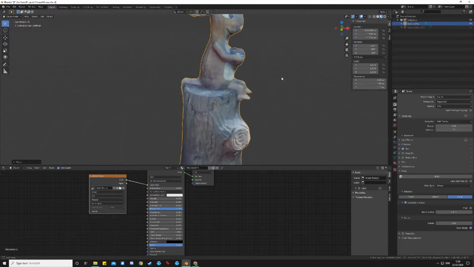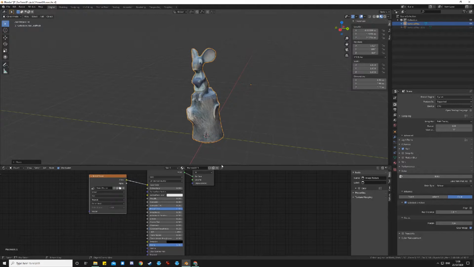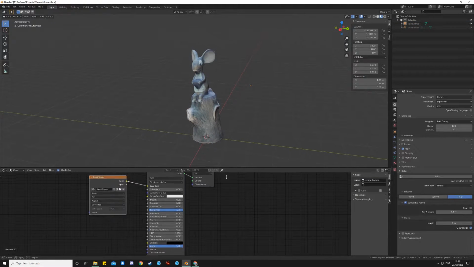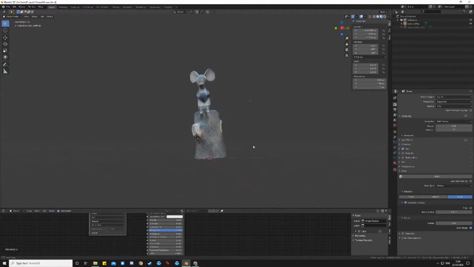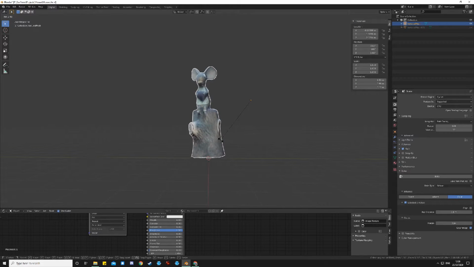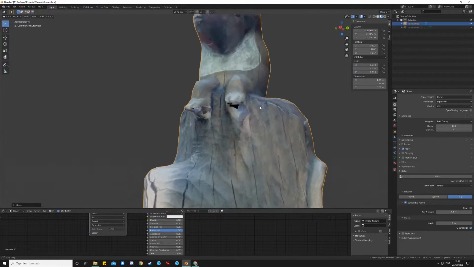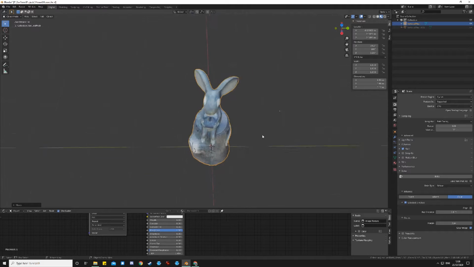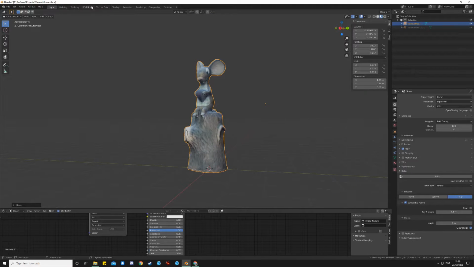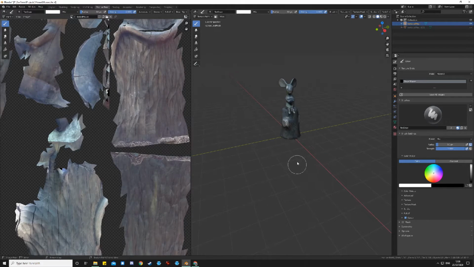That just means that I know that my camera is now focused on the middle of the object, and just makes it a lot easier to work on, especially when I'm going to be looking at lots of different angles, which I will be when I'm doing some texture painting. So let's have a look at what we're going to do. So we go to texture paint,